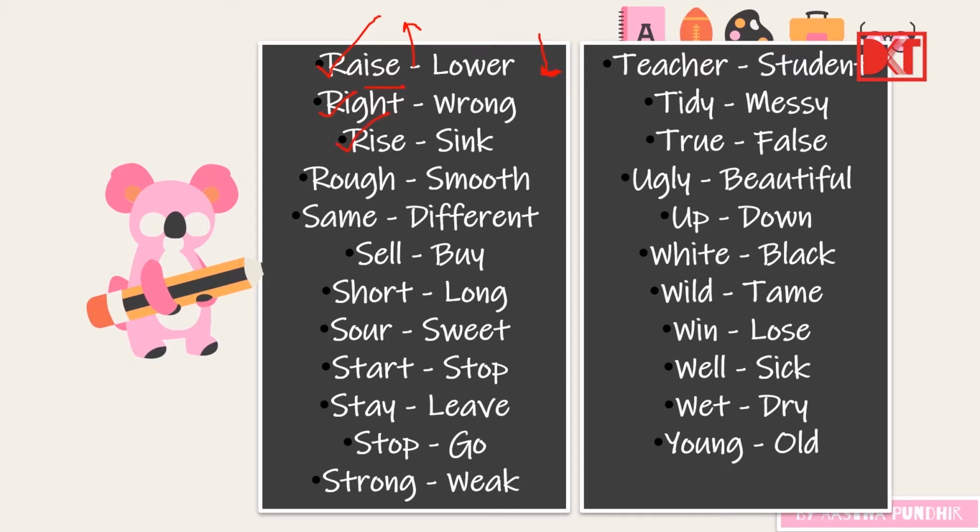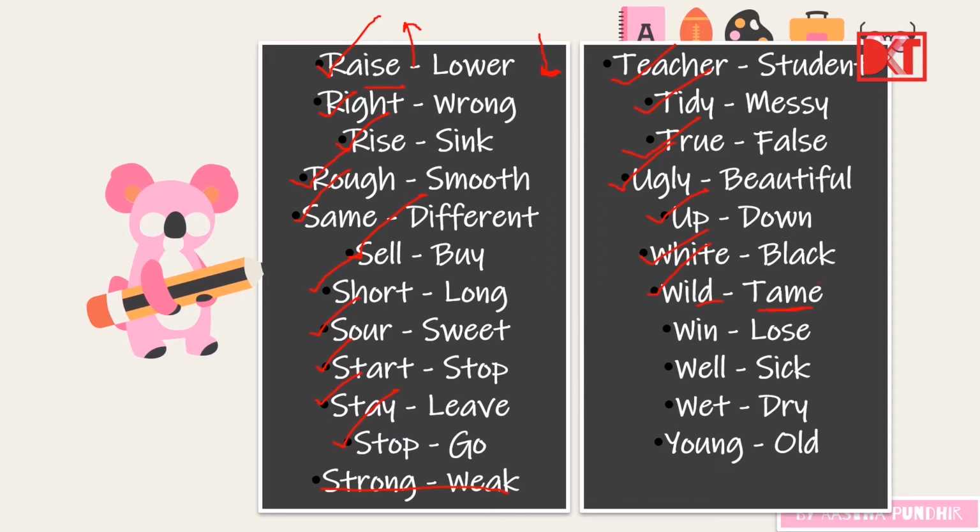Rise and sink. Rough and smooth. Same and different. Sell and buy. Short and long. Sour and sweet. Start and stop. Stay and leave. Stop and go. Strong and weak. Teacher and student. Tidy and messy. True and false. Ugly and beautiful. Up and down. White and black. Wild and tame. Wild and tame, if you don't know the meaning,